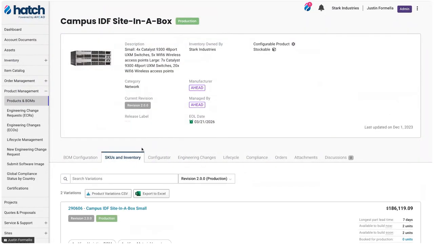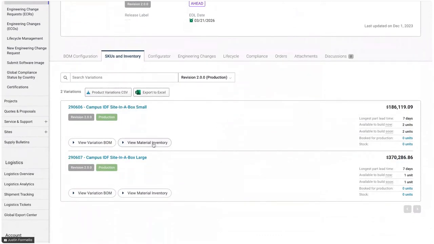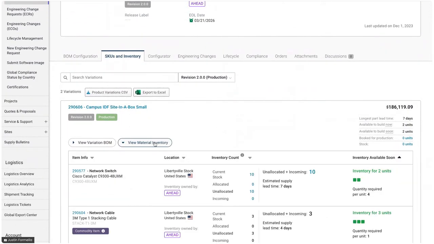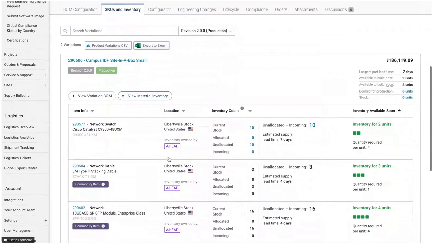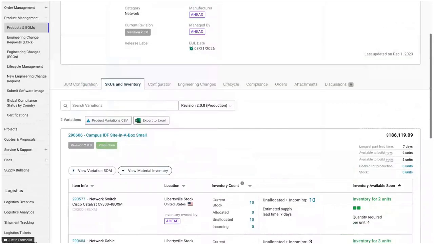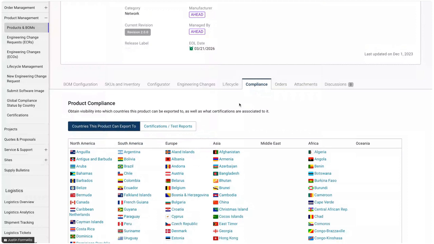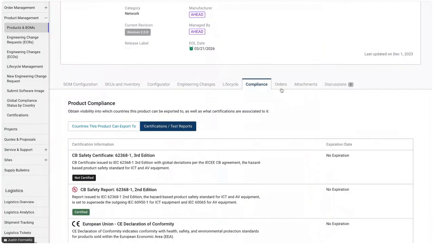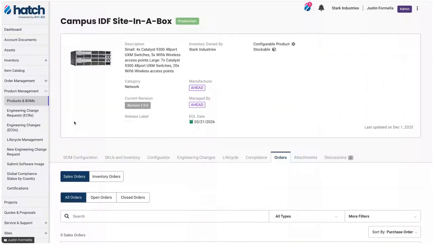And then you get downstream details such as what are all the potential variations you might have out there? What's the inventory? What do the supply chain lead times look like on the things that make up a repeatable deployment? And going into everything from lifecycle to compliance to even export on a global basis, and every piece of activity you've had tied to that deployment.